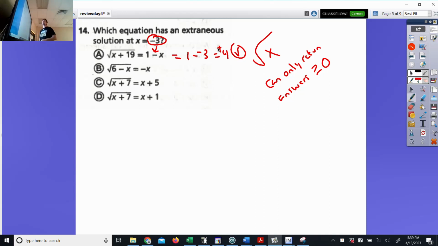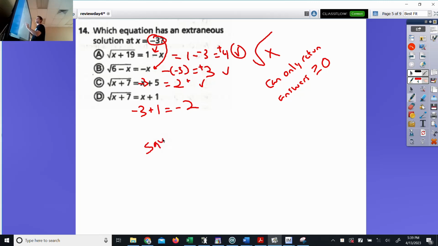That passes the test. You take a -3 and put it right there, that would be a -(-3), which is 3, which is positive, passes the test. You put it right here, you get 2, which is positive, passes the test. You put it right here, you get a -2. Square roots, at least the square root function, only returns